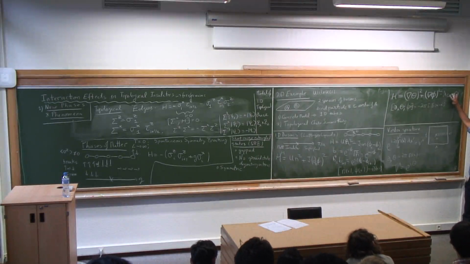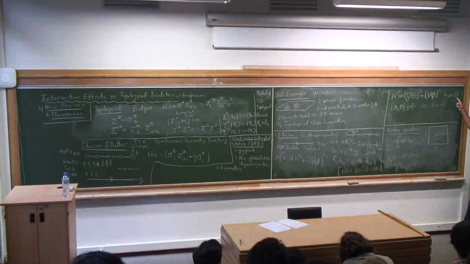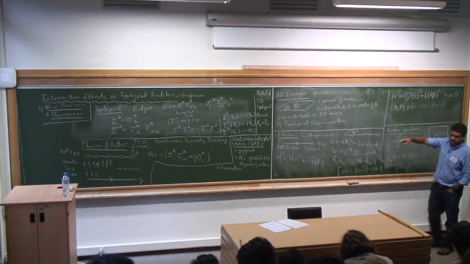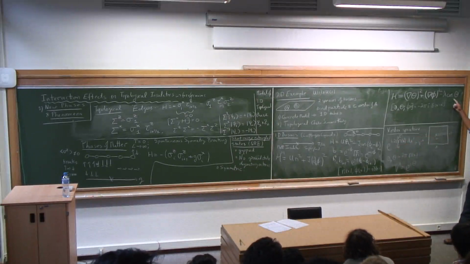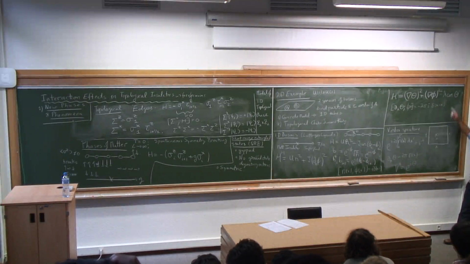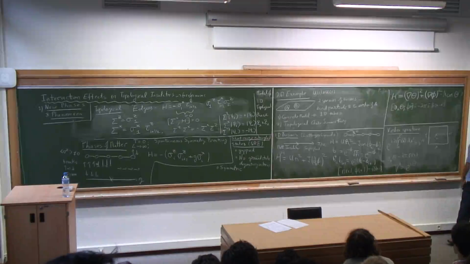So there's one phase where you ignore this term. That's the superfluid phase. And there's another phase where this term is the most dominant part of the Hamiltonian, where this λ is large. In that case, you want to pin this angle θ. So you pin θ equal to 0 everywhere, and that corresponds to the Mott insulator. Having θ constant means that any change in θ is going to be gapped, because you'll have to move from one minimum of the cosine to another, and that's going to cost you energy.